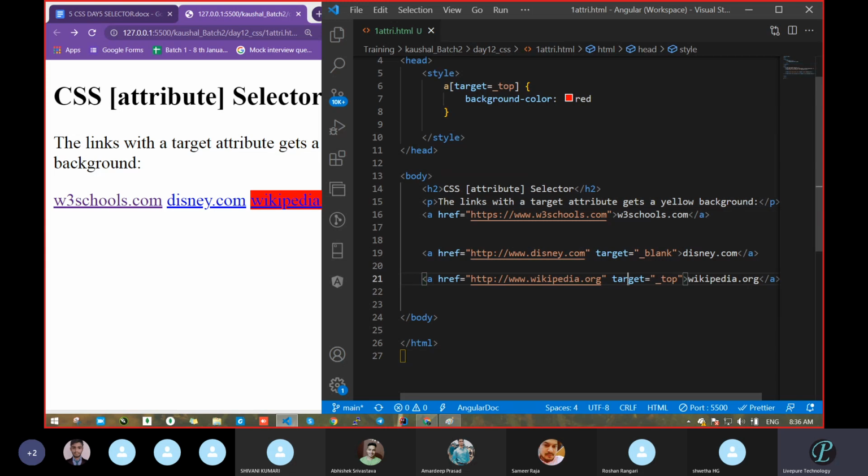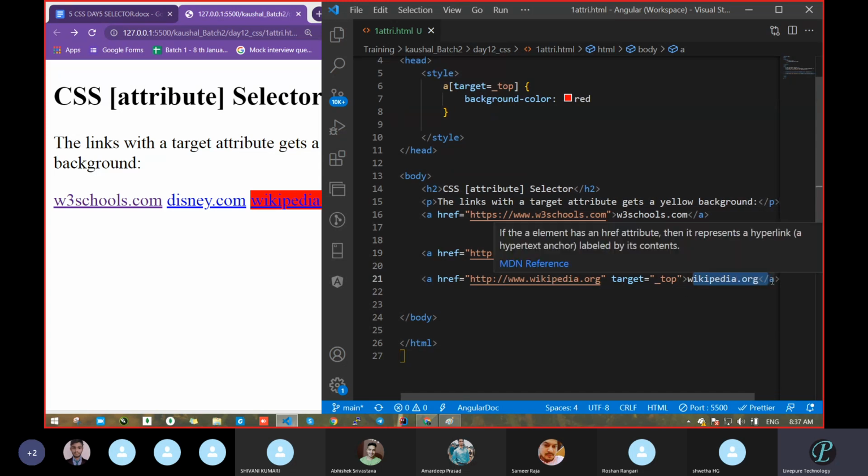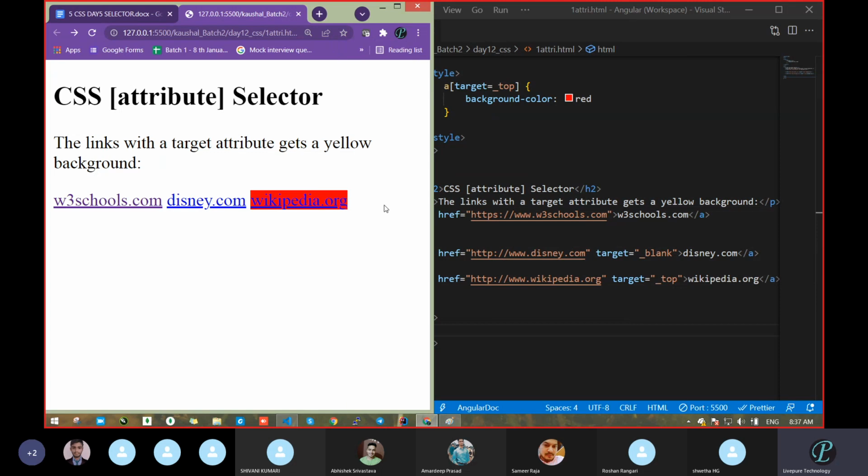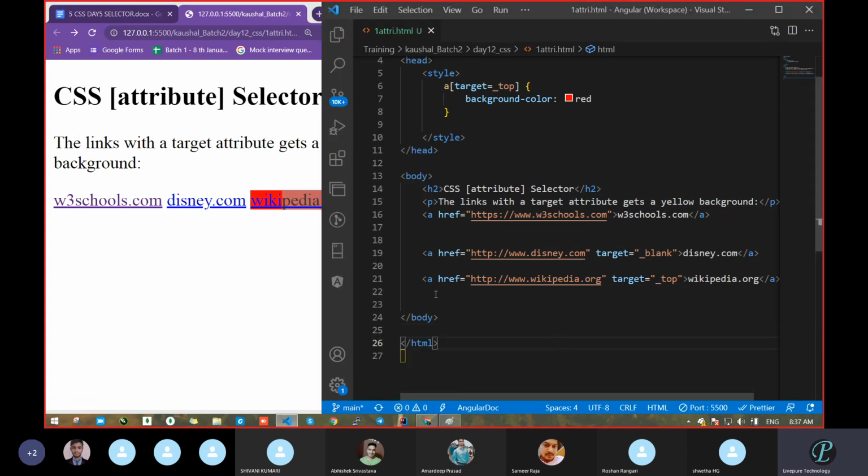Previously, we had passed just target, so it took all elements that have any target. But now I specify only a particular target value. Target equal to blank we could also target. Now target equal to top: who has target top? Wikipedia.org. Correct, that's why Wikipedia.org has the red background.